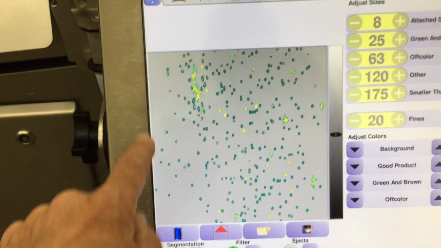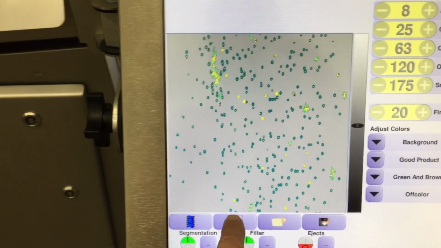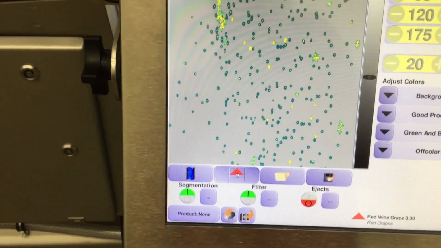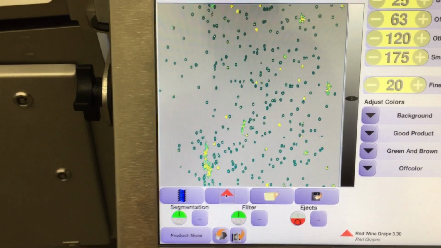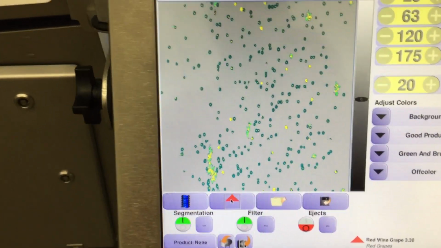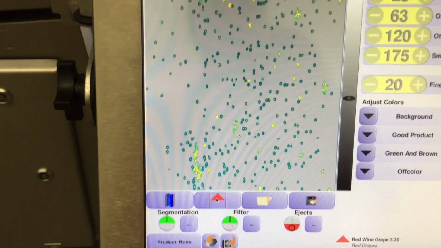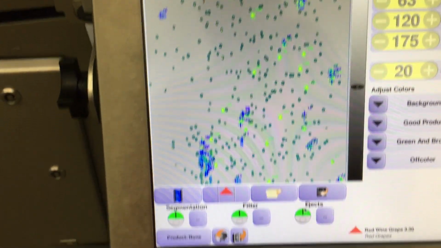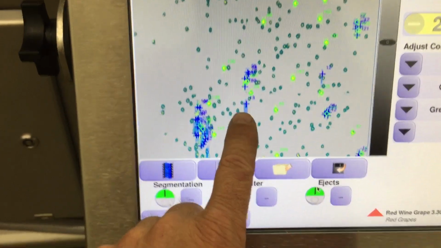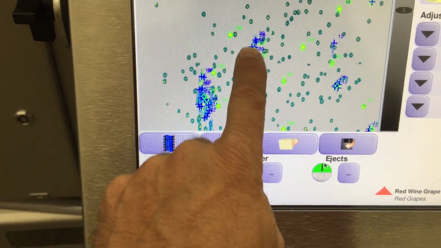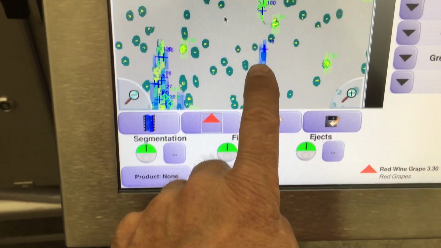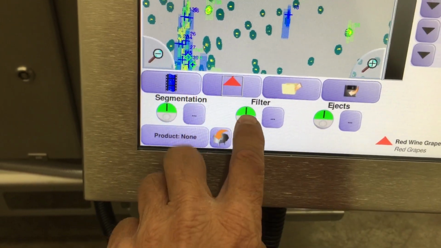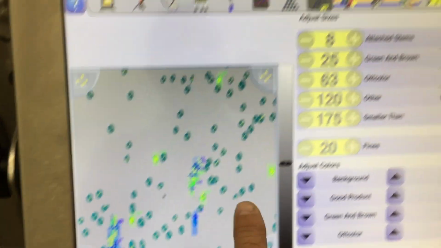this screen here, just simply touching the camera grab, image grab button, gets you an image of whatever is going through the system. And then with ejects turned on, you can see what the system is inspecting and shooting out. You can zoom in, and if you want to see what's underneath that, the best page to go to would